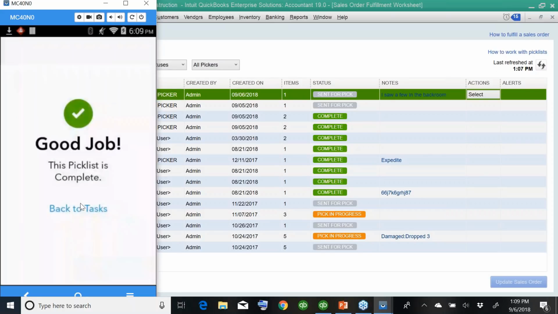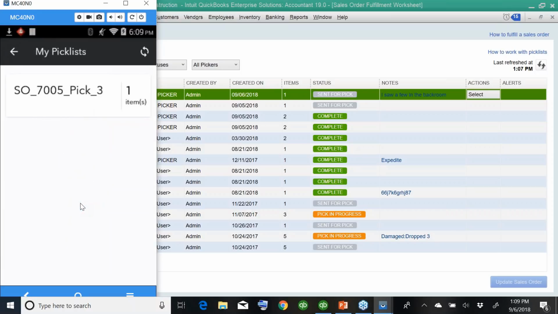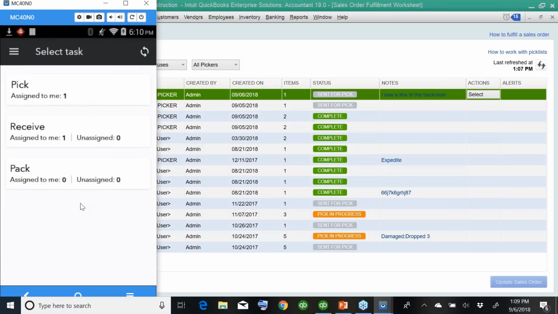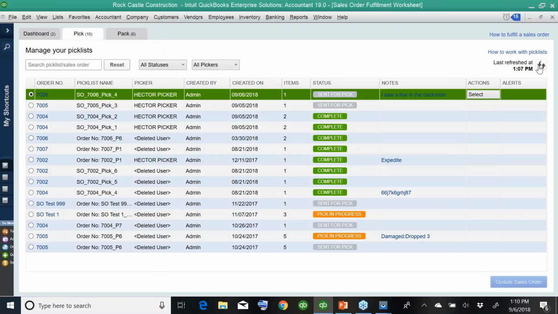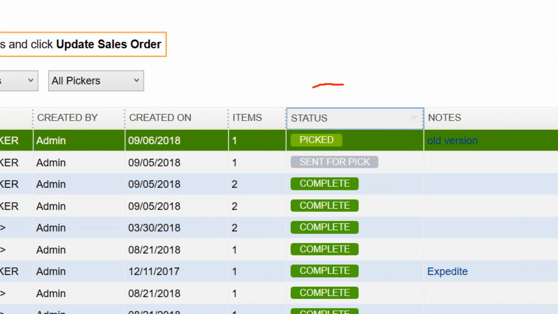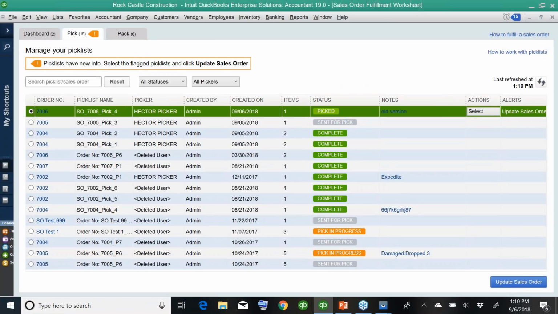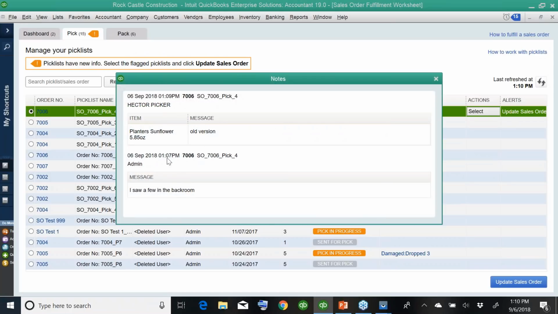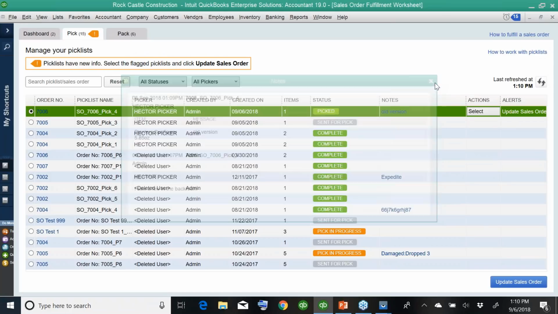So once the order has been picked, it drops off from the list of what the warehouse person has to do. I'm going to go ahead and click on refresh, and this thing refreshes by itself every 10 minutes or so, but I usually just click on refresh. Notice that now the order has been marked as picked, right? Letting people know, the people that touch QuickBooks, that hey, this is no longer on the shelf. This is actually being staged somewhere for shipping. And notice that there's my notes, right? There's my notes that the warehouse person,